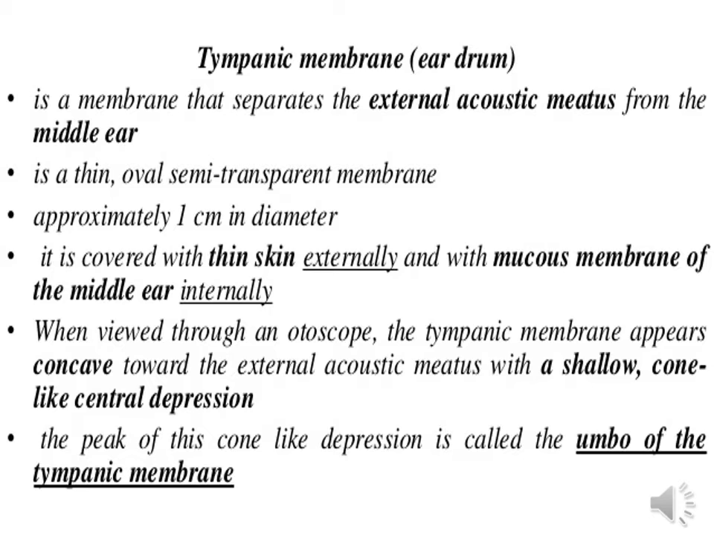It is a membrane that separates the external acoustic meatus from the middle ear. It is a thin, oval, semi-transparent membrane, approximately 1 centimeter in diameter. It is covered with skin externally and with the mucous membrane of the middle ear internally. When viewed through an otoscope, the tympanic membrane appears concave toward the external acoustic meatus with a shallow